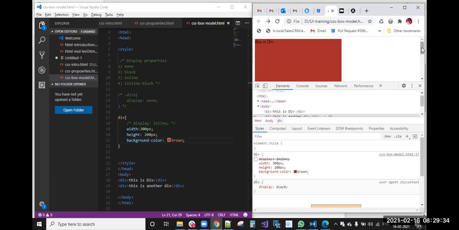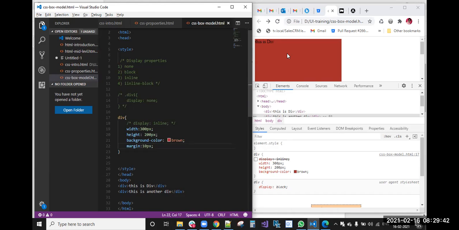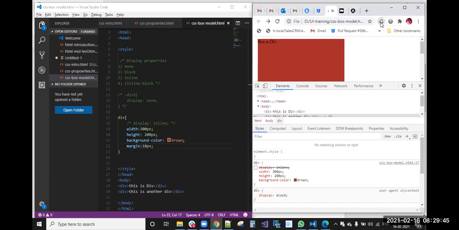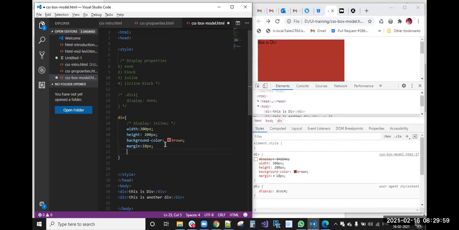Both divs have the same styling, and for neatness I'm applying a margin of 10 pixels, so both sides get spaces, right? You can see that 10 pixel gap came. Now first we'll apply the display inline property.